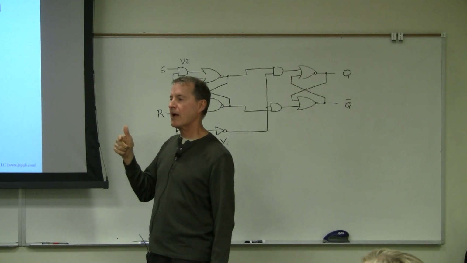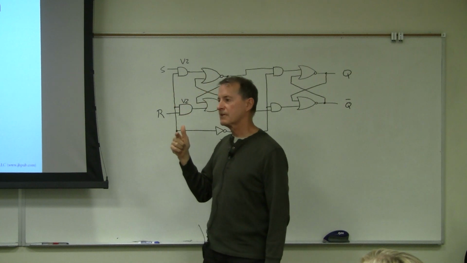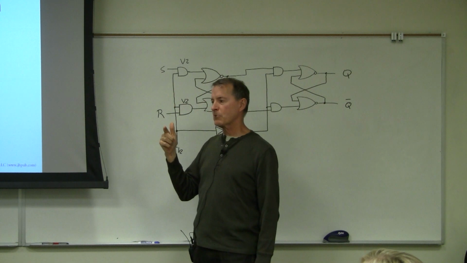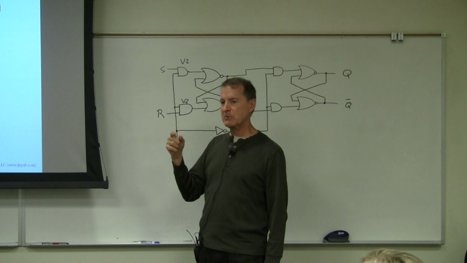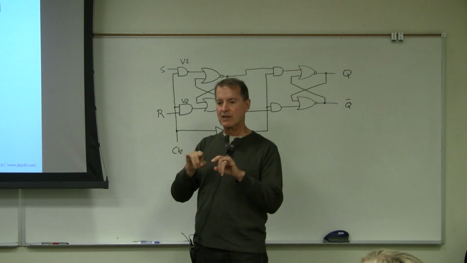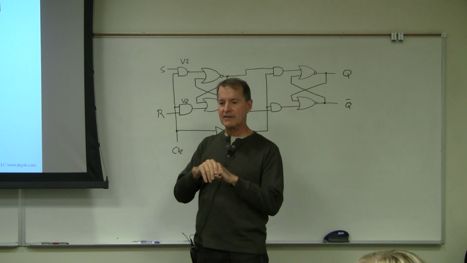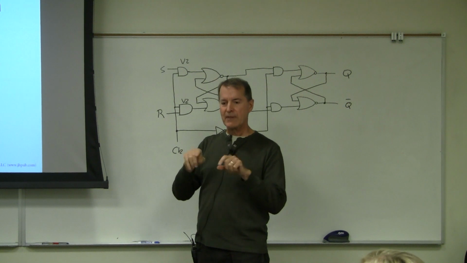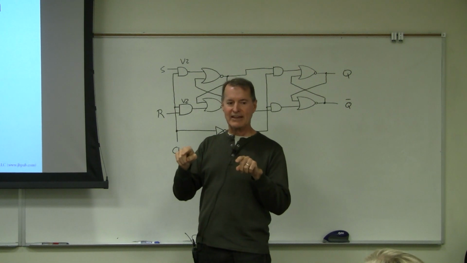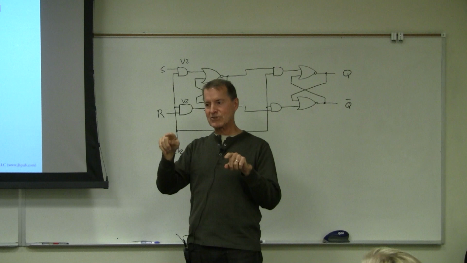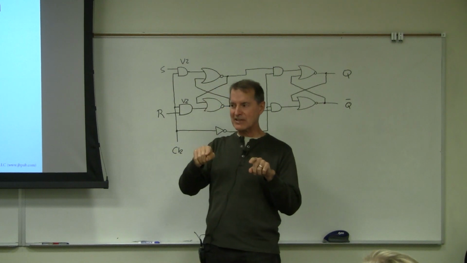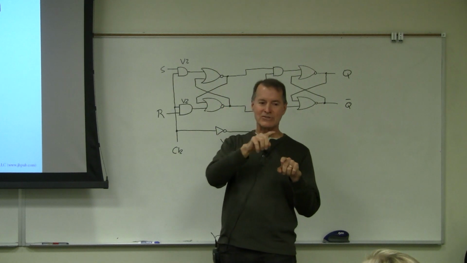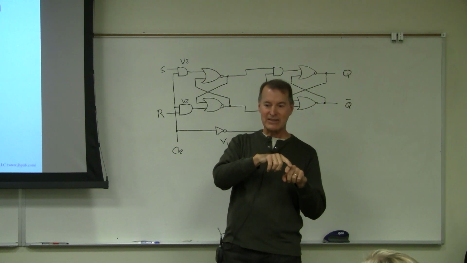Now, do you remember how the first circuit that we looked at when we had feedback, it was unstable? Do you remember what that circuit looked like? 3 hex inverters. Yeah, it was 3 hex inverters. And with 3 hex inverters, if there's a 1 on the first, then there's a 0 on the second, then there's a 1 on the third, then there's a 0 on the outside. But then the 0,